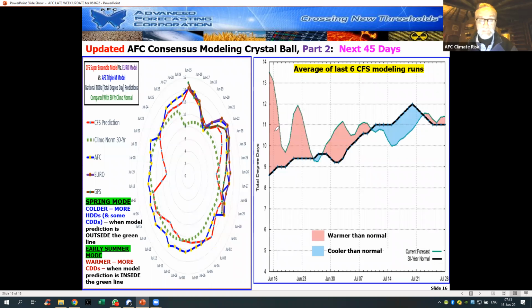And the CFS has been adding in continually these hotter breaks. In other words, it's been underperforming on the amount of warmth that we are seeing. You can see that here with the red line, the Euro, AFC, and the GFS models all up here. You can see that the red line, the CFS, actually goes cooler from June 9th all the way to here, to the 14th, and then it takes it cooler from the 17th to the 21st. We think that they will, the CFS that is, will add in heat as we go into time.